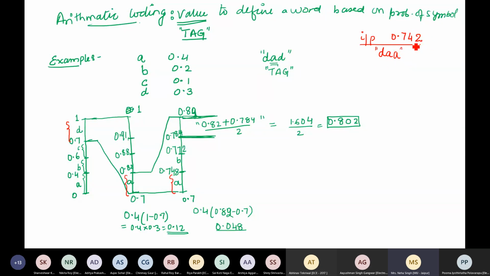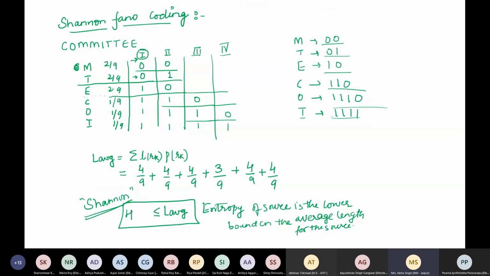So I'll stop here and I will say that this is the value which was transmitted and had the tag of 0.742, right? You need to simply spread the probability range again as you did for coding. The advantage that we get over the previous methods was in the Shannon Fano and your Huffman coding, every time